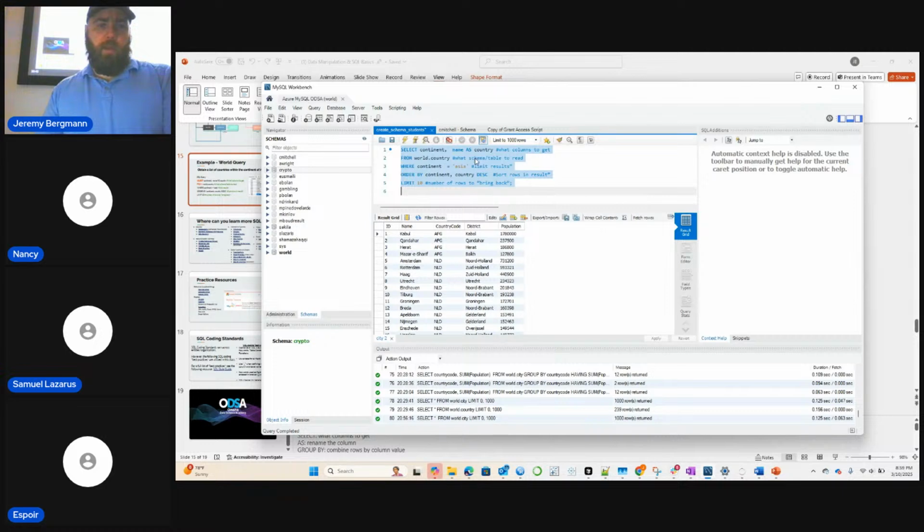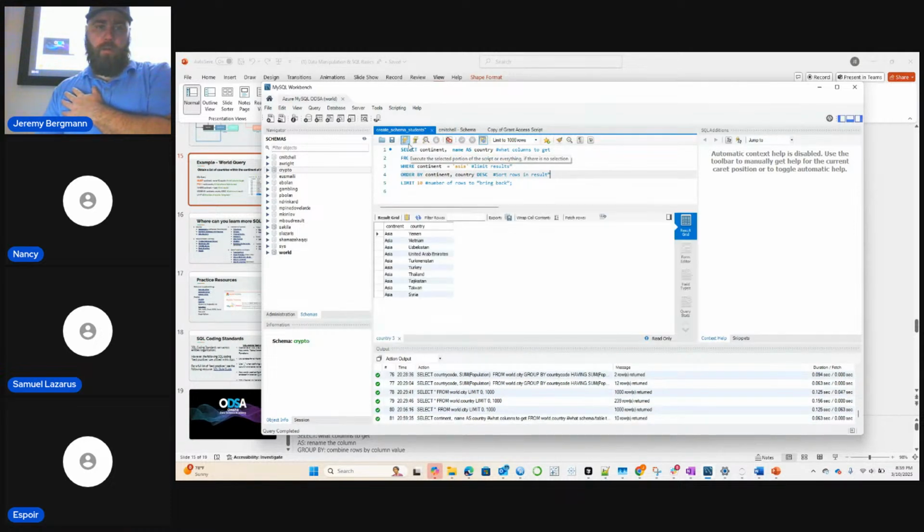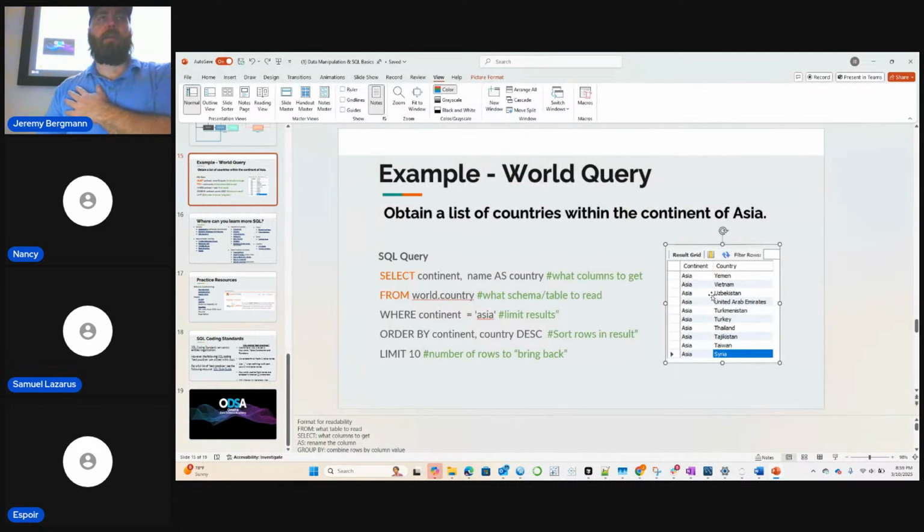So I copied and pasted this one out of the slide. We'll just go ahead and run that as is. And then it gives me that result that I see on that slide. Like I said, I'll give everyone one file for the next class. You can have it pulled up in MySQL Workbench and run it.